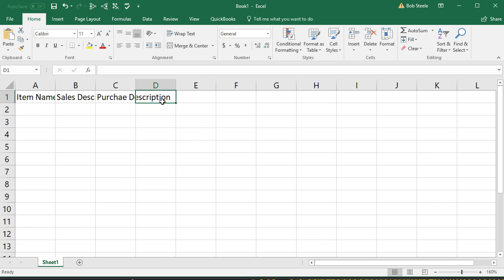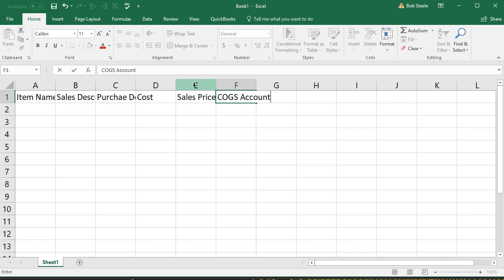So I'm going to type in cell D1, even though there's stuff being populated in it. As a purchase description, we have the cost going in D1, so make sure that's in cell D1, tab. And then in E1, we're going to have the sales price. Then tab, and then we've got something called cost of goods sold, C-O-G-S, account, tab, and then we've got the income account, tab, the asset account, tab, sales tax code, tab,